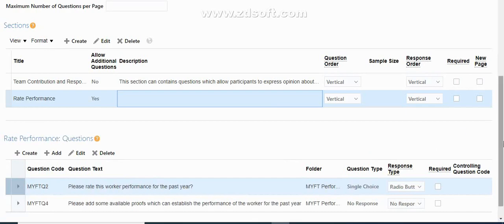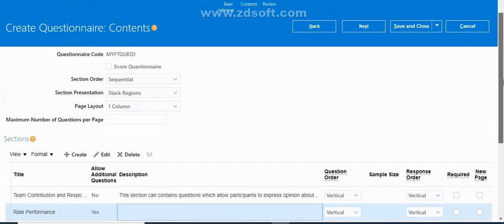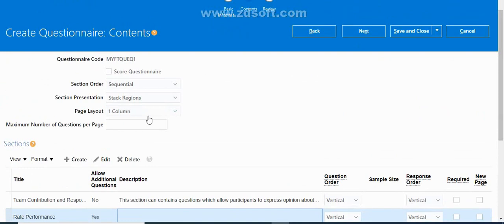So we have two sections here. Under each section, we have added two questions. Fine. And then if you want to specify the maximum number of questions per page, you can specify it here. I'm not going to specify it here. And then click on